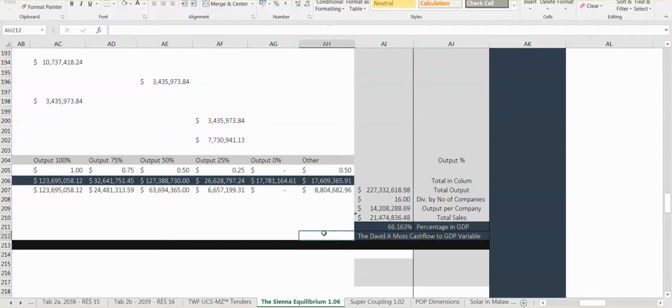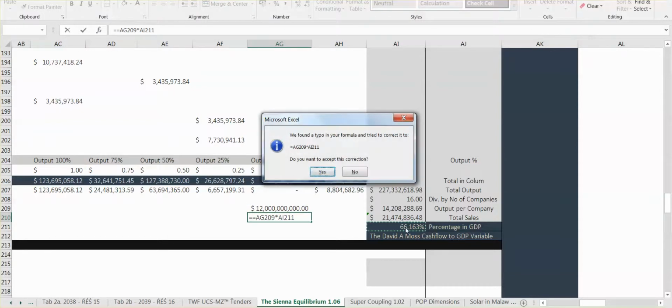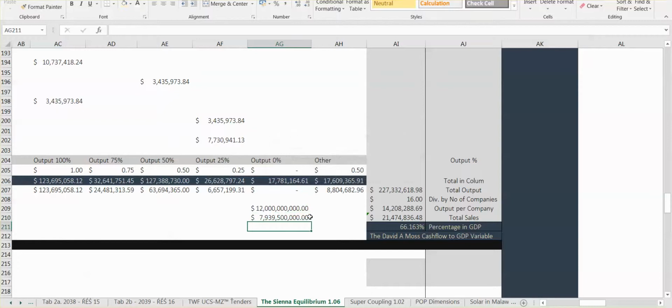Let's just do that. $18 billion. No, what? Made a mistake there. Equals that times that. Yeah, it's 8 billion. So there's the free lunch, and it's a free lunch in terms of increasing the money